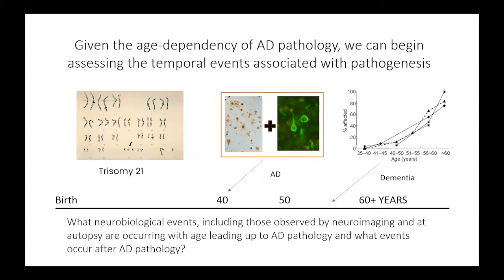So plaques might be great to target in the 30s, but they really don't have many tangles. So maybe a tangle intervention is not critical here. In their 40s, maybe it's important to target both plaques and tangles as an intervention. So I wanted to kind of start filling in the gaps of some of this.